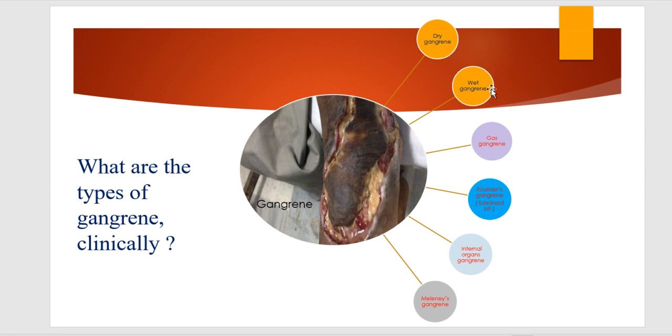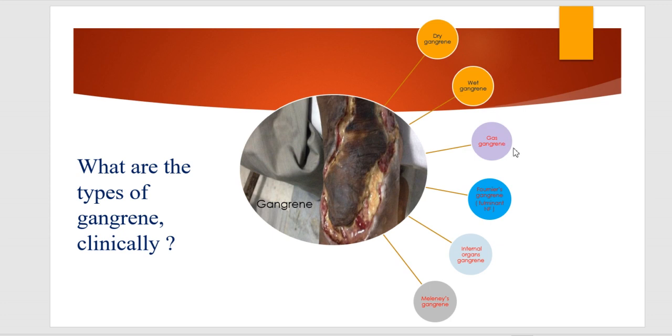Out of these 6, the first one, the dry gangrene and wet gangrene. Broadly speaking, these two groups are the important ones. The dry gangrene, this one, and wet gangrene. All others are anyhow examples of either this one or this one, right? And all are having one thing common, and that common thing is impaired blood supply, right? So dry gangrene, wet gangrene, we are going to discuss in this video.